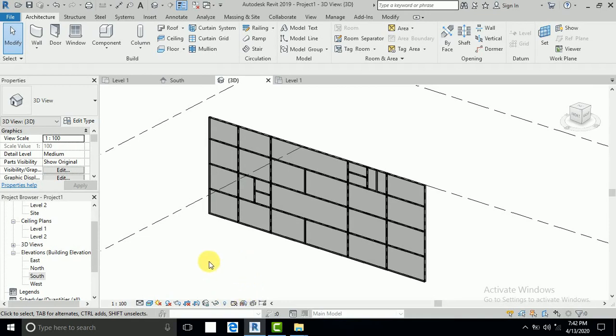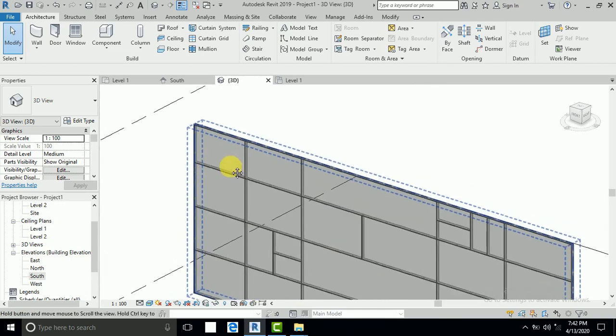Assalamu alaikum. Today I will show you in this tutorial how to create a custom curtain wall, grid lines and